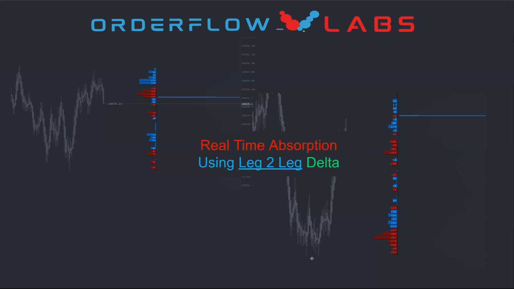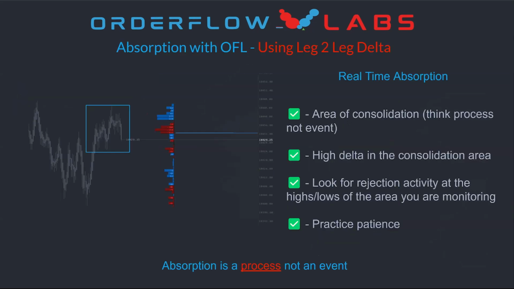So basically, if this low rotates up, say 30 points, it's going to draw a volume profile from that low. And then if we make a counter move to the other side, it'll re-anchor that new leg to that swing high. So we're just tracking the leg to leg volume profile, but looking at it from a delta perspective. So let's talk about how to use absorption in real time.